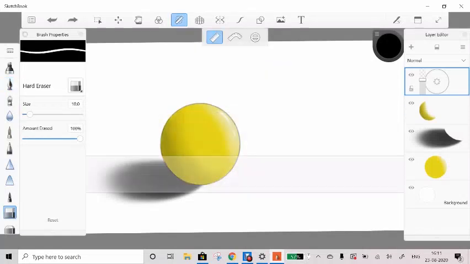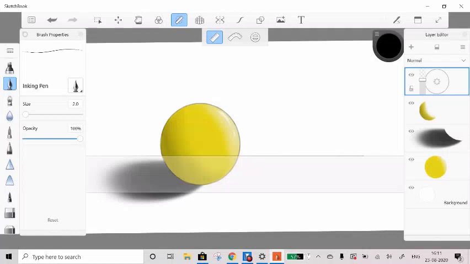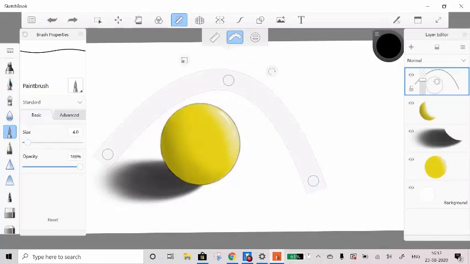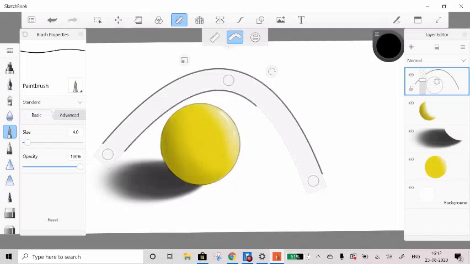So apart from these tools, if you want to use other tools such as a scale tool, suppose if you want to draw a straight line, you can use the inking pen and draw a straight line and then deselect the scale option and there is a straight line for you. There's another scale which you can adjust if you want to draw a proper circle or a curve. You can select the brush option if you want and you can just draw over it.